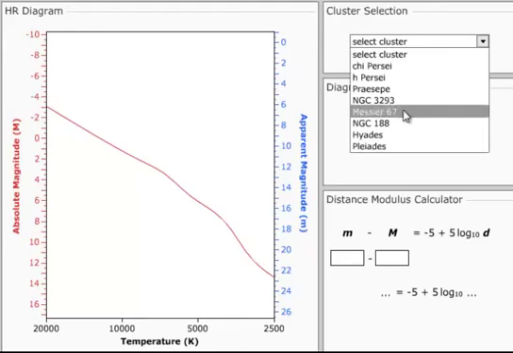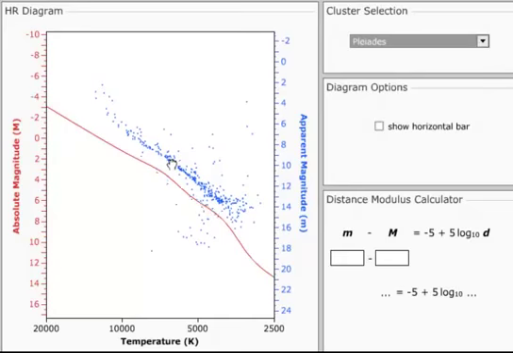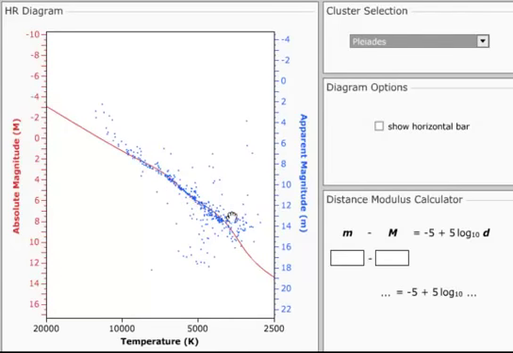Now, if I find a really young cluster, like the Pleiades, you'll see that these stars are almost all right on the main sequence. Again, this is real data of the stars. You see it's just starting, these really massive stars are just starting to kind of peel off the top. So I can actually tell how old this star cluster is. It's kind of amazing that we can measure the age of something in the sky.